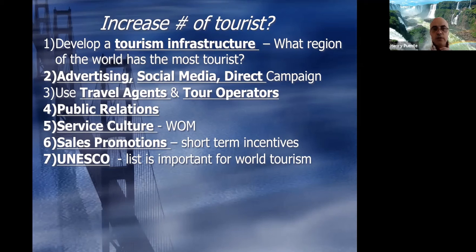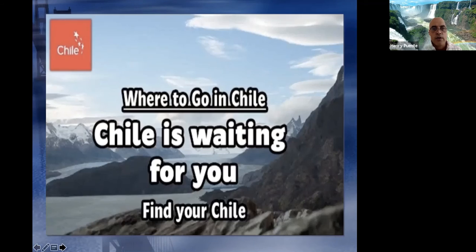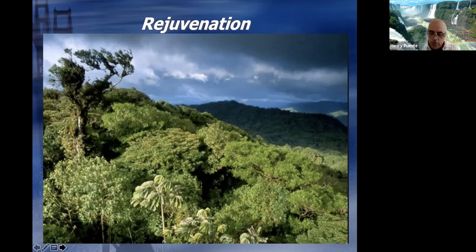And so what else was I going to say about UNESCO? It highlights places that are of natural beauty. So if you're trying to find places that are, quote unquote, virginal, granted those places are few and far between nowadays, but things that are essentially unspoiled, that's a good place to check out: UNESCO. UNESCO also puts out a list of places that are a good tourist destination when it comes to ecotourism. And so you want to be on the good UNESCO list and not on the bad UNESCO list.